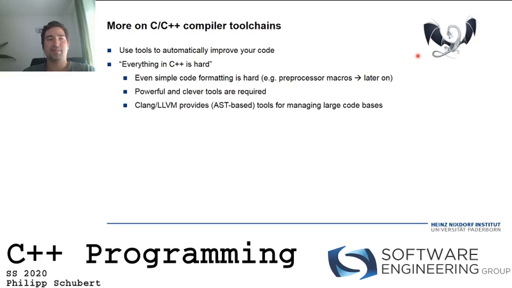And yes, Clang LLVM is really a great starting point as a compiler infrastructure to build such tools, because Clang LLVM has been designed in a very modular, usable and reusable way. And Clang LLVM, the C++ infrastructure, provides really useful AST-based, so abstract syntax tree-based tools for managing large code bases. And because you have the abstract syntax tree and you can have your tools implemented and working on the abstract syntax tree,